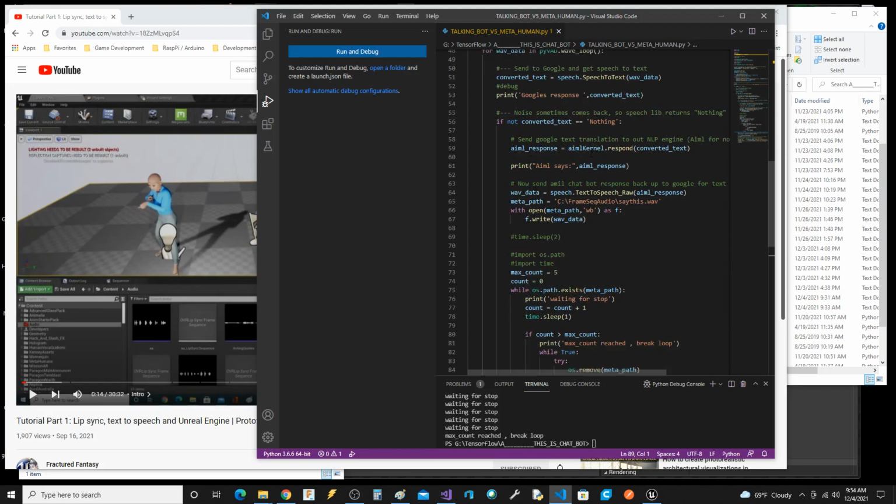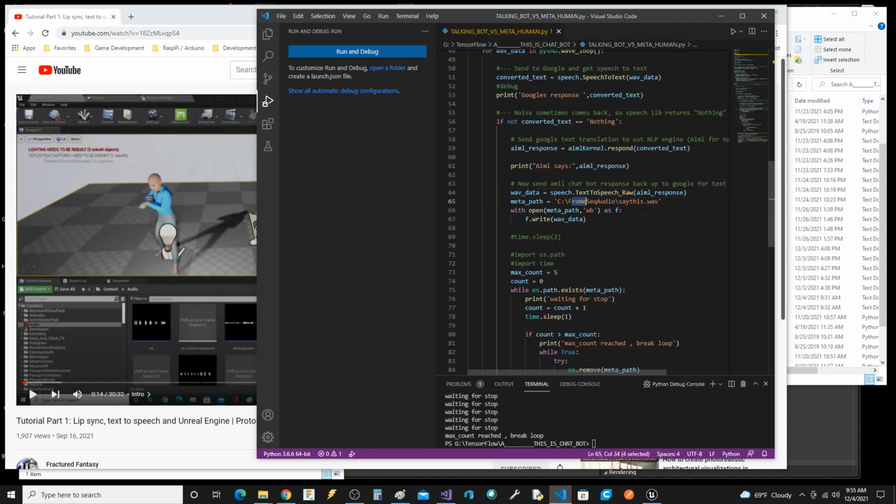And right now we send the converted text to the AML brain, to see if it has a response. And if it does, we take that text response and then send it right back out to text to speech, so we can get the wave data. And I changed this _raw because it's actually a wave file. The other code I had was a wave file, but with the header stripped off of the audio data.